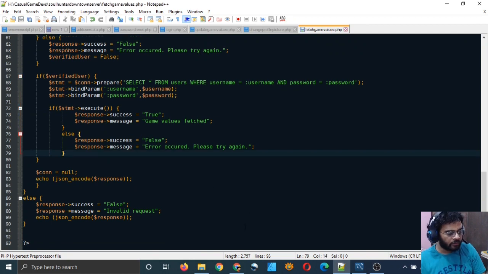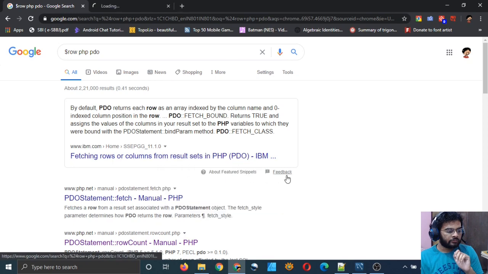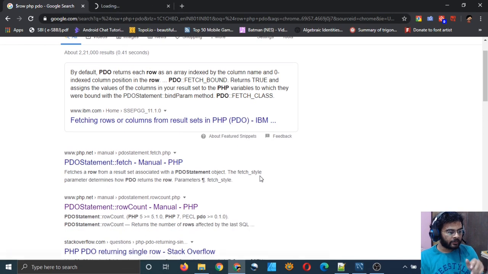And now there is a fetch statement in PHP PDO, which you can put in a variable. Let me show you.